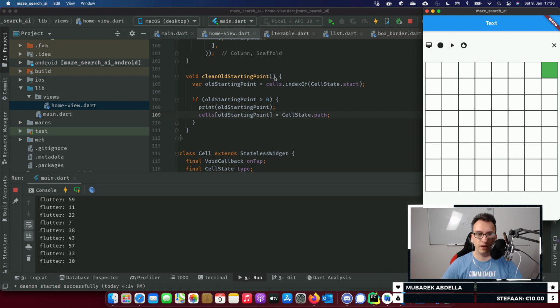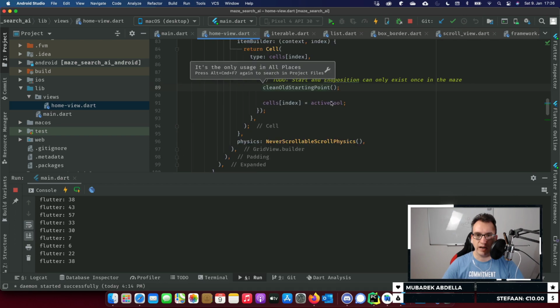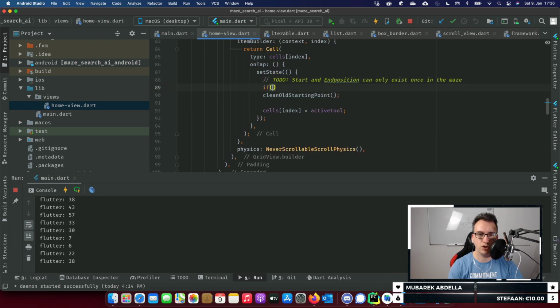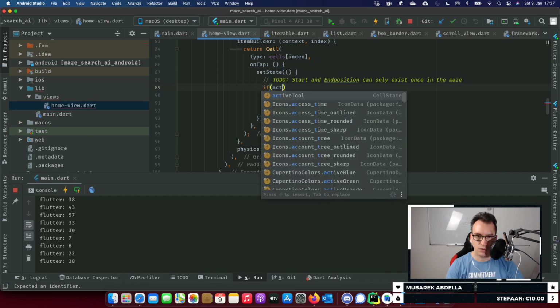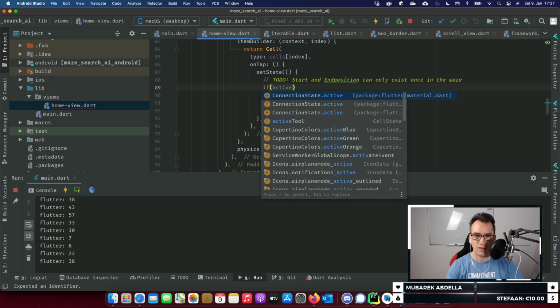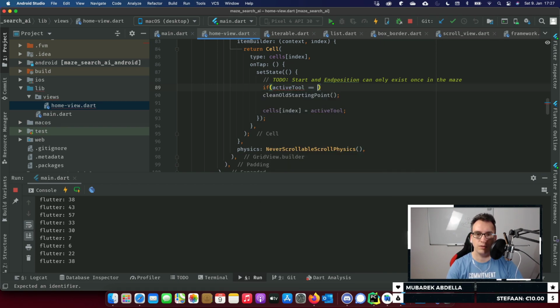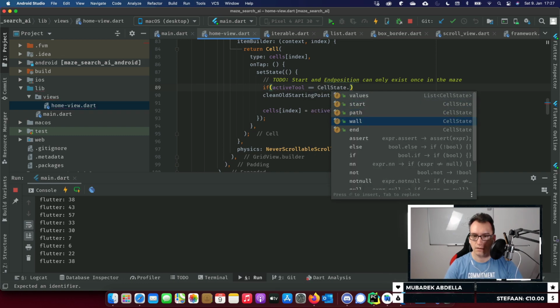Cool. Now the only thing that we have to do is do the same thing for the end state, right? Because we have the same problem. And what I see right now, why is it removing if I click now something else? Of course, that is not allowed for everything. So what we have to do here is to check if the active tool is equal to cell state dot start